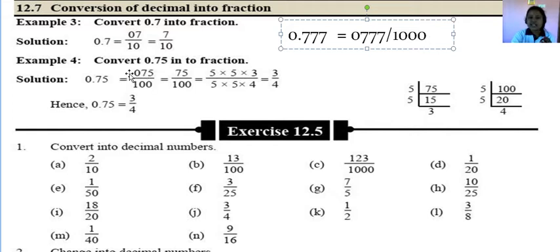Here you can see, convert 0.75 into a fraction. After the decimal, there are two numbers, so for replacing the decimal in the denominator, we have to add two zeros after 1, giving 100. Suppose 1 will be like the decimal, and the 7 and 5 will each be a 0.